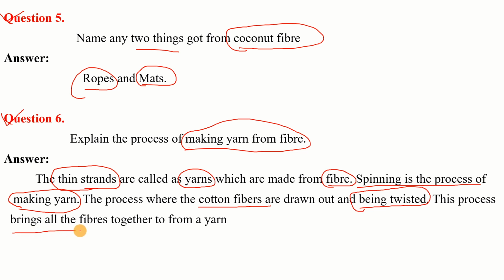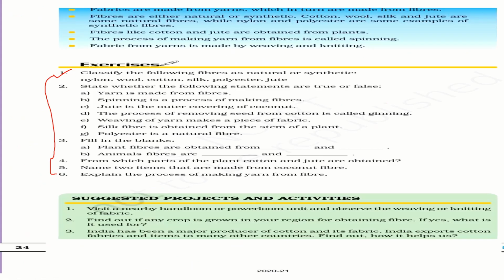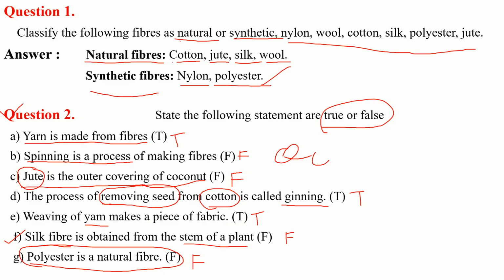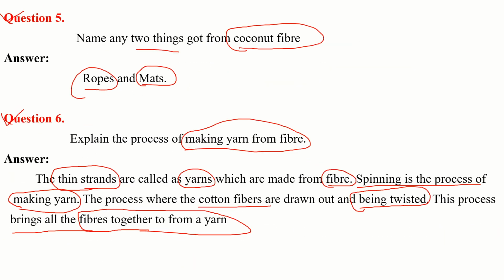The process brings all the fibers together to form the yarn. How do we make a yarn from the fibers? When we do this process, we bring all the fibers together, and so all the fibers together form the yarn. Okay, I hope you understand all these six questions of the exercise, and the whole chapter of this science topic. If you are new to my channel, please go through my previous session videos. You will come to know very clearly what we have learnt and what we have done in the exercise here. So, completing this chapter, we will go to the fourth chapter of the science topic in the next session. Thank you guys. Have a good